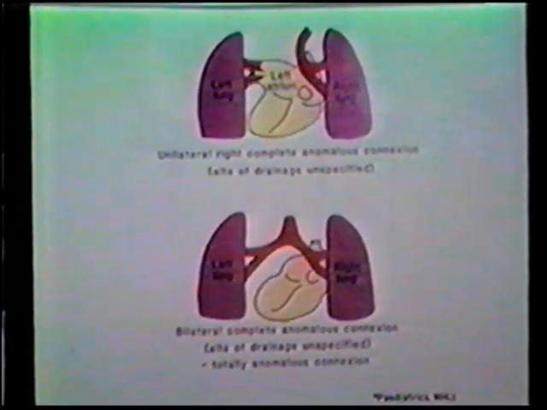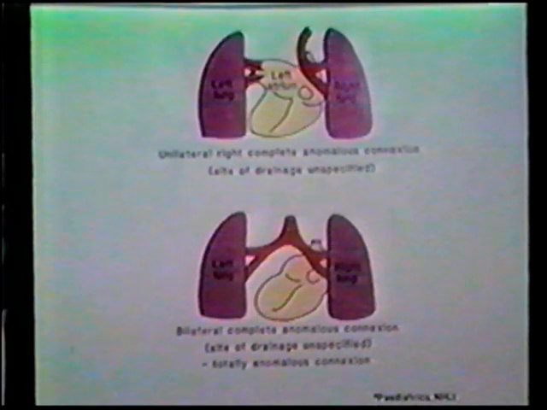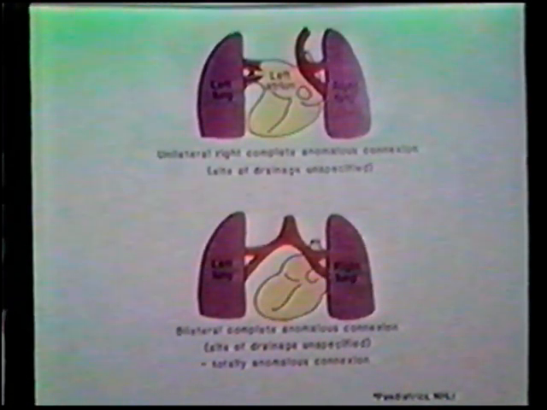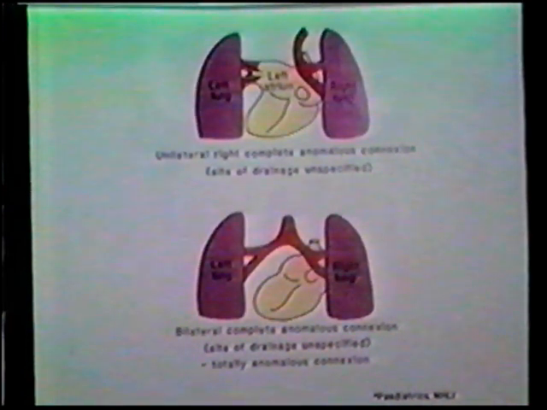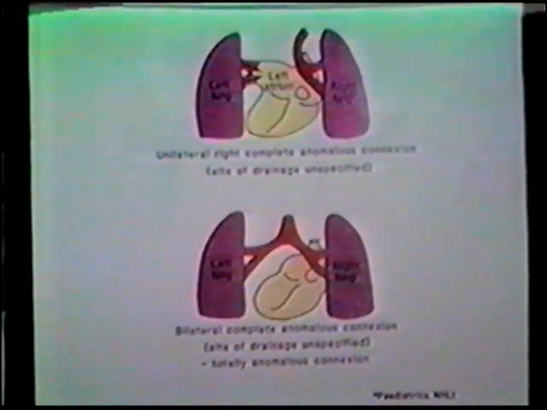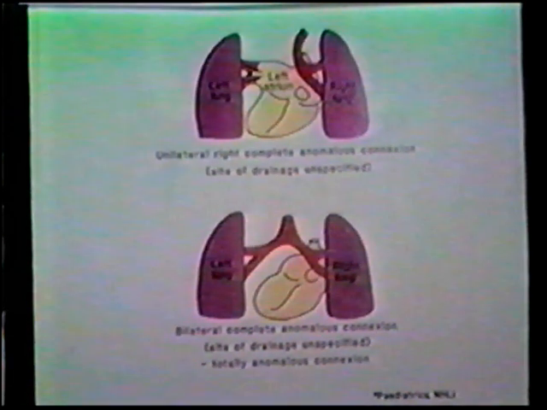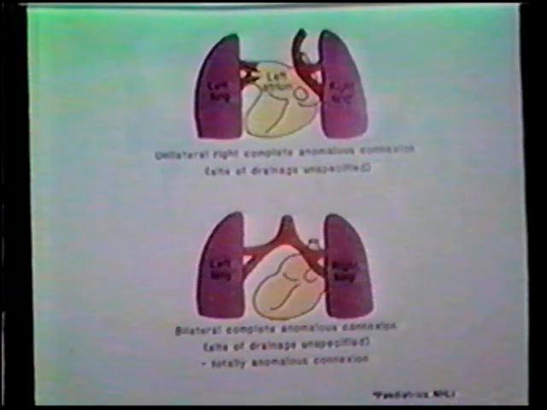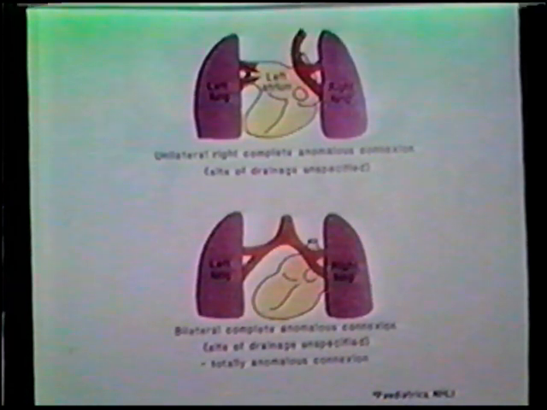Moving on to anomalous pulmonary venous connections, when we look at anomalous pulmonary venous connections, there are a few questions we should ask. Firstly, how much of the lungs are anomalously connected? Secondly, where is the site of anomalous connection? Thirdly, are there any regions of obstruction or stenosis in the anomalous vein? So if we